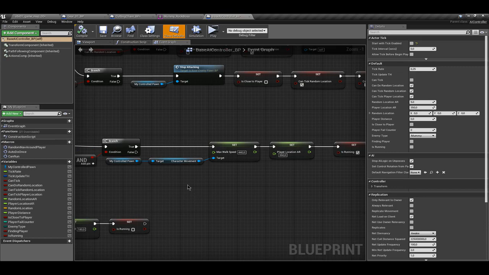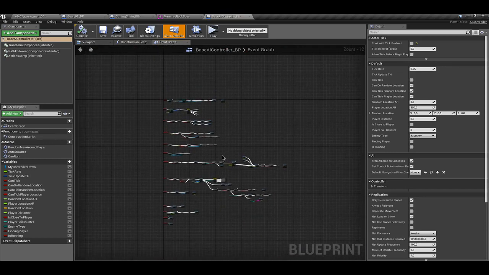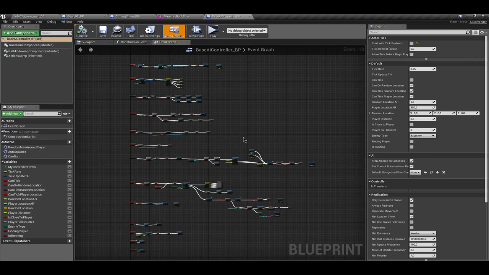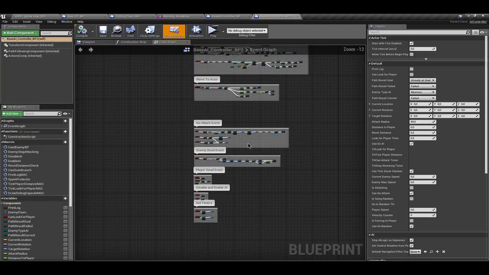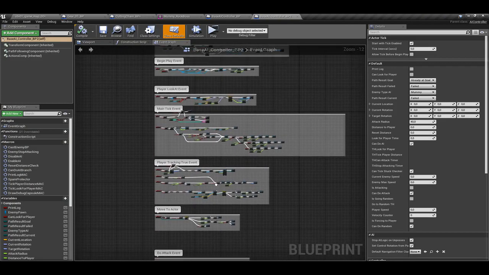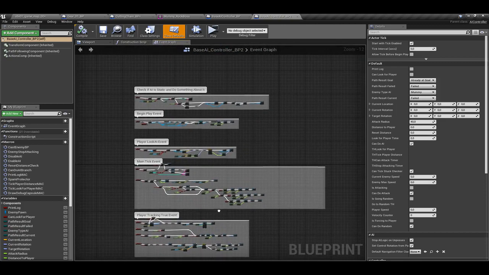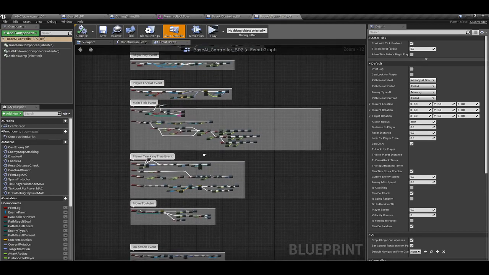So I recently, towards the beginning of this year somewhere, I redid my enemy AI, and this is essentially my original AI, and all it really does is